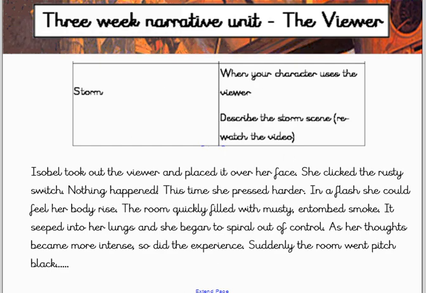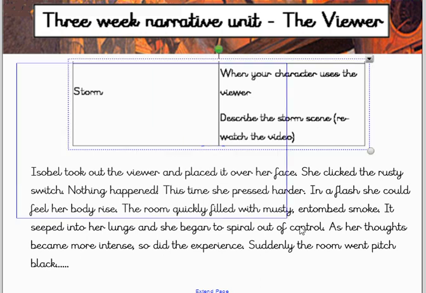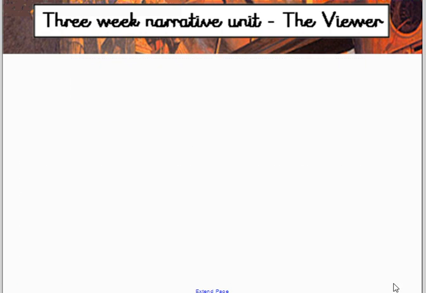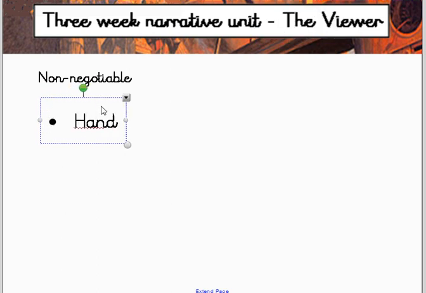Now, one thing we do need to do is to think about the non-negotiables. So as you're writing today, I want you to be thinking about these things, and this is why I want it rewritten. So I want you to be focusing on these things today. I want you to think about handwriting.